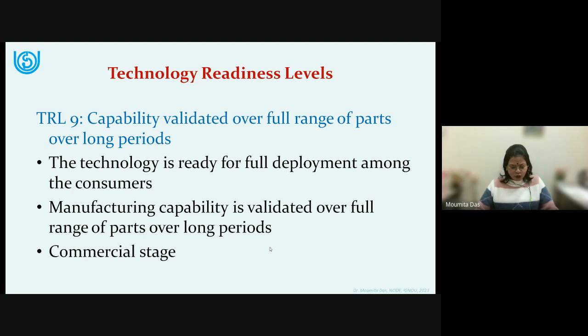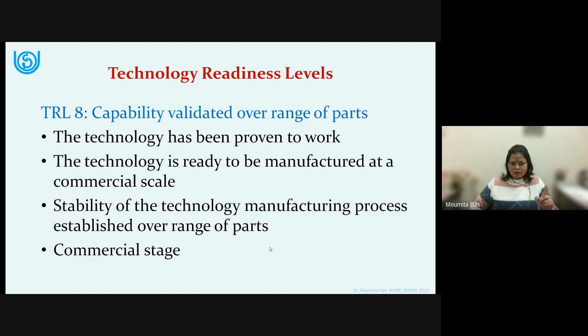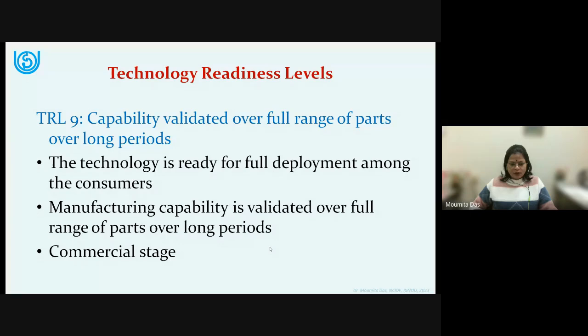So at this stage, all the risks that we had talked about are taken care of. Manufacturing risks, engineering risks, etc. are taken care of, not just at this level, but also at this level. When you talk about stability of the technology, then you are eliminating the risks or the problems that you're facing in the manufacturing or engineering steps. Okay. So this is now TRL 9, where you have finally that tea bag out in the market.